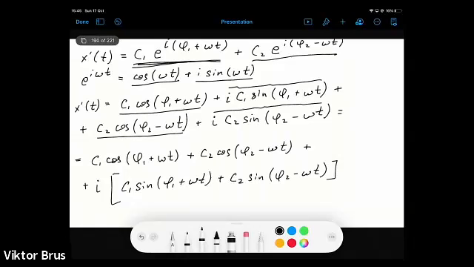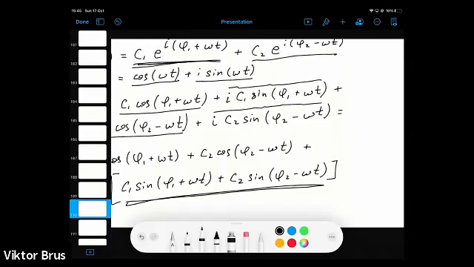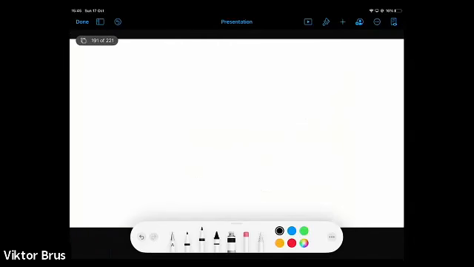So we can write down this imaginary component of our function separately and set it to 0. So let us do it on the next slide. It will be C1 times sine(φ1 + ωt) plus C2 times sine(φ2 − ωt)